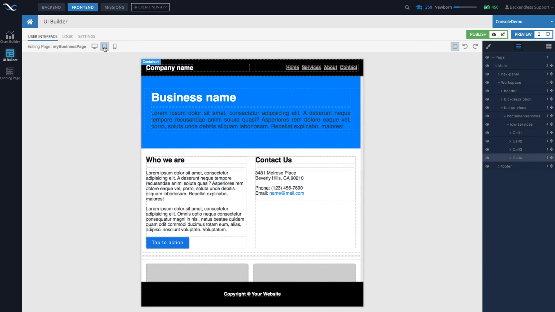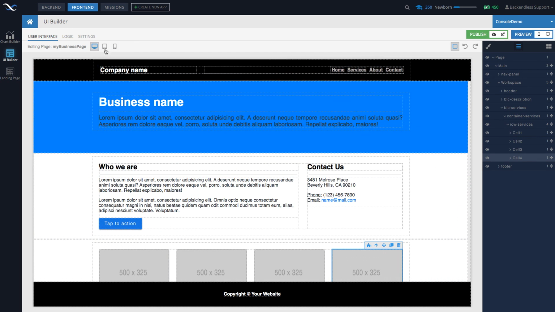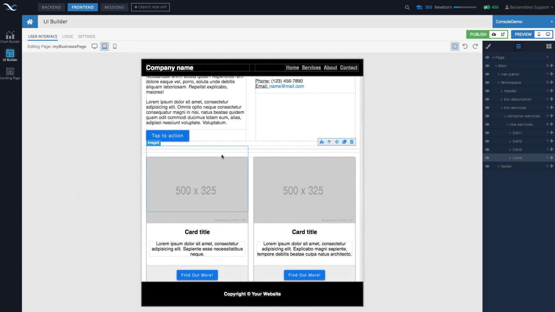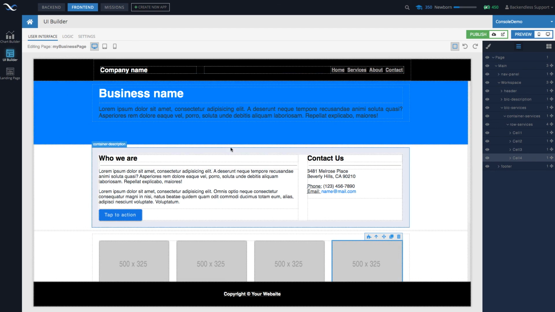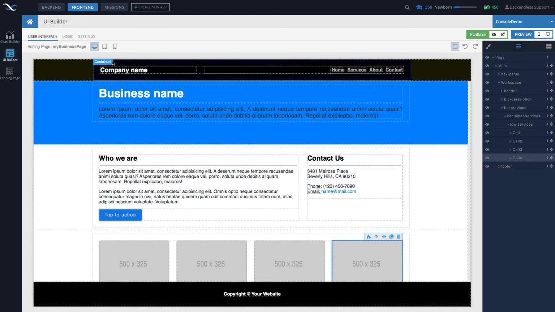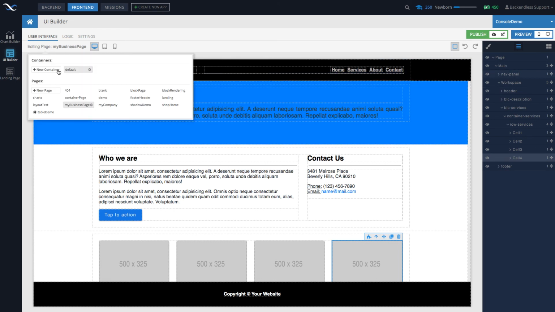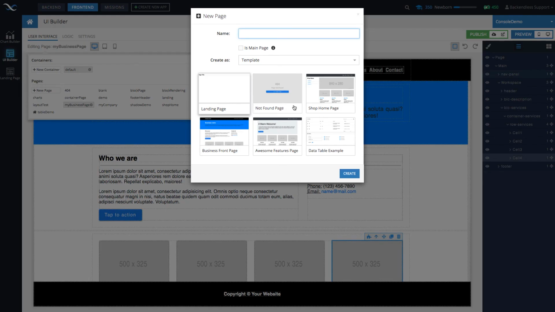When you switch between tablet and phone, there are also some things that are being adjusted with the layout, and I highly recommend to study how it is done in this particular template or the page created from this template, as well as a few others. So for instance, another one that we could create, it is called shop homepage. So let's call this my shop page. Select this guy right here, create the page.